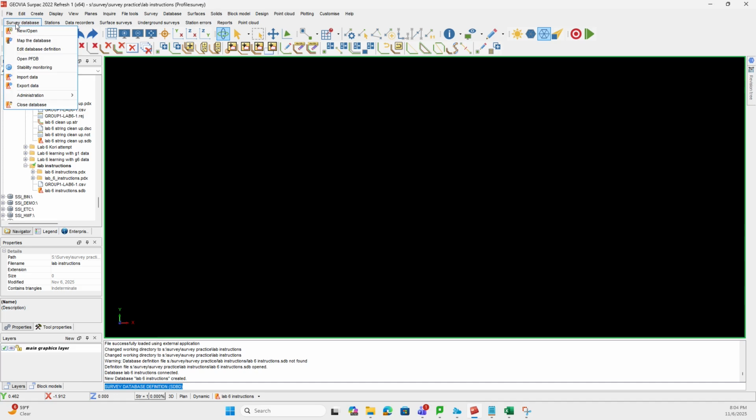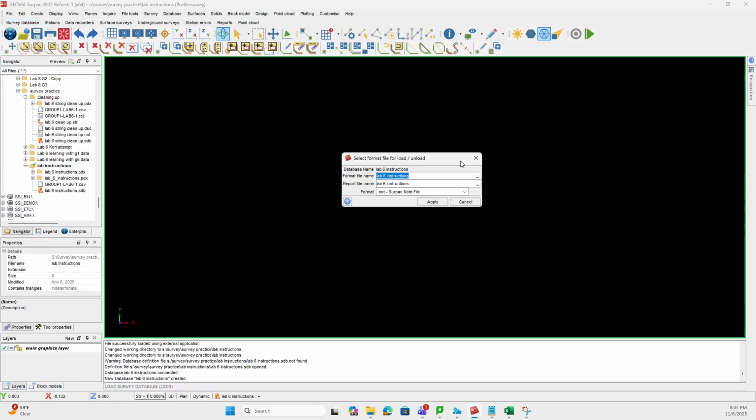From there, you'll go back to survey database to import data. And then you'll get this open right here. I already have it named, Lab 6 instructions for your format and your report. You could name it so that your format file has a different name. So Lab 6 format and Lab 6